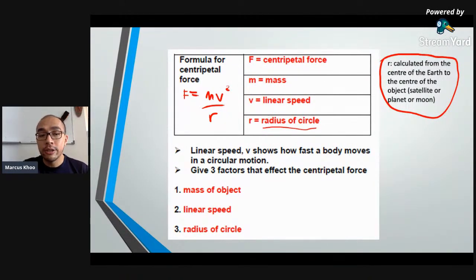There are three factors that affect the centripetal force. Number one is the mass of the object. If the mass is bigger, we find that the centripetal force also will be bigger. Secondly is your linear speed. If your linear speed is bigger, then your centripetal force also will be bigger. Thirdly is the radius of the circle. If you take a look,